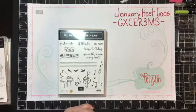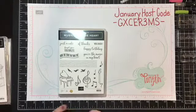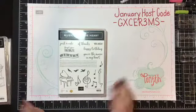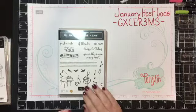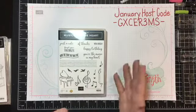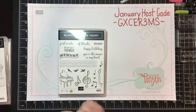Welcome to all of you. I am Mary from Stampin' Scrap with Mary Knabe, and I'm coming to you from Columbus, Ohio. And tonight is going to be a little bit different. I'm not actually going to necessarily complete a project with you, but I'm going to share several things that I made using the Music from the Heart stamp set, and then I'm going to give you some tips on using